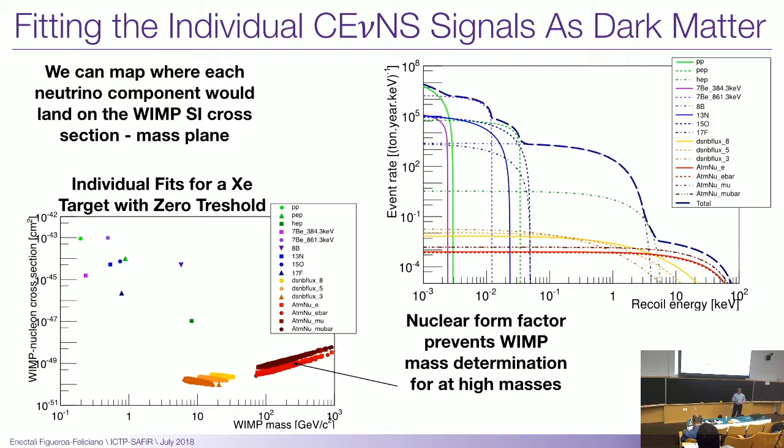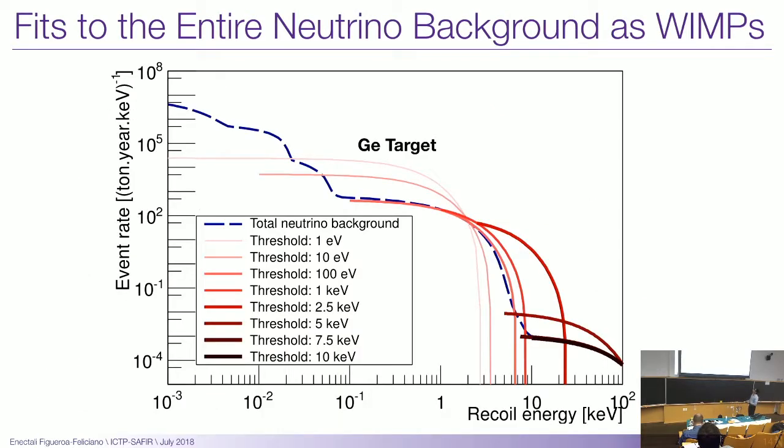Now, these are not actually fair because I am fitting a particular neutrino species with a WIMP model, without taking into account that when I have neutrinos from the sun, I don't only get PP neutrinos, I don't only get boron-8 neutrinos, I get all of them. So I have a spectrum that does not look exactly like a WIMP spectrum, it has all of these humps in it. So in reality, what I need to do is take them all together, and then I can say,